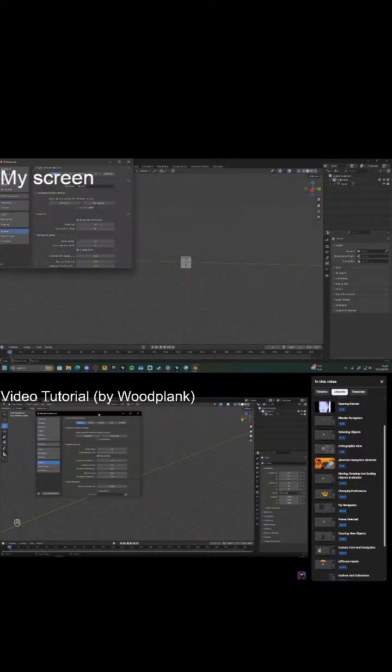So system, you can choose one of these options. So if you have an NVIDIA GTX card, you can choose CUDA. If you have an NVIDIA RTX card, you can choose OptiX. And if you have an AMD card,